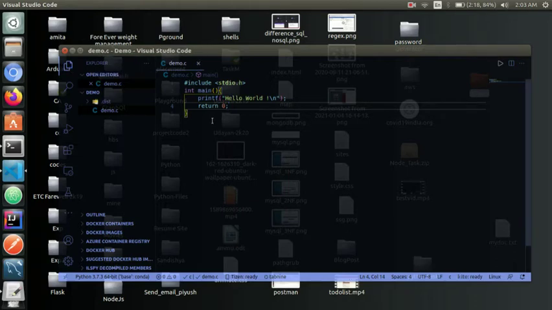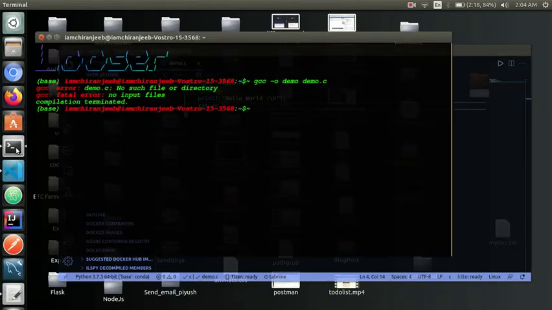So I have already written the program. Then we will see how to run the program in Ubuntu. Then we will make this program into one Linux command. Okay. So first of all, I will move to the directory where I have saved the file.